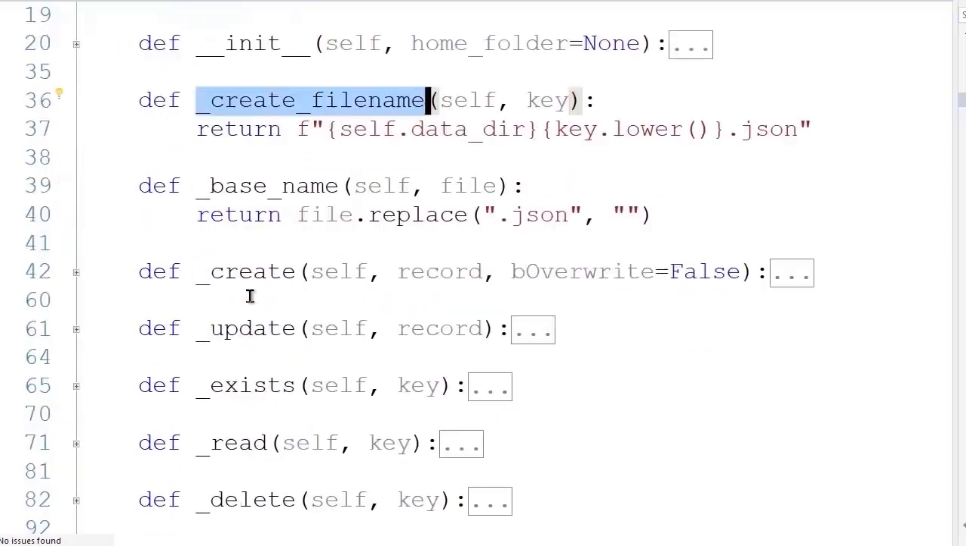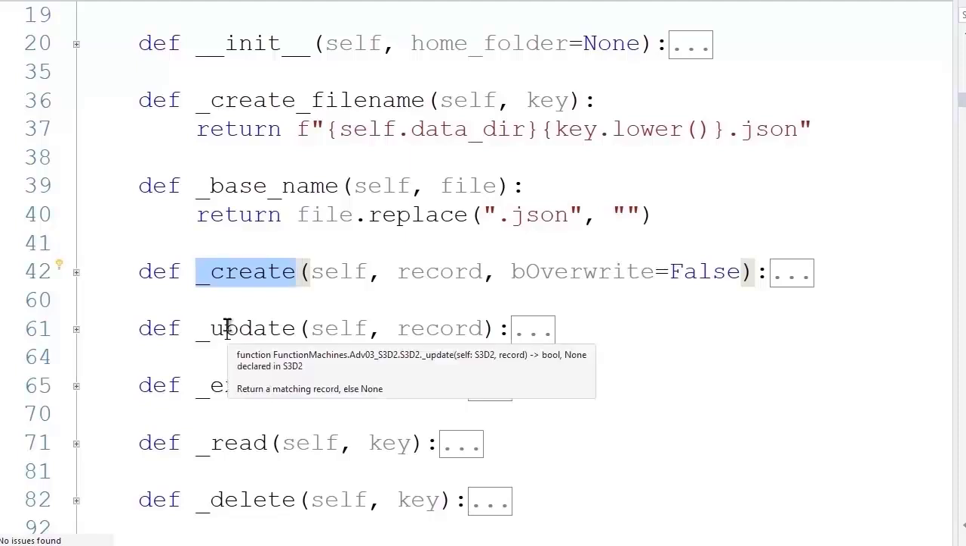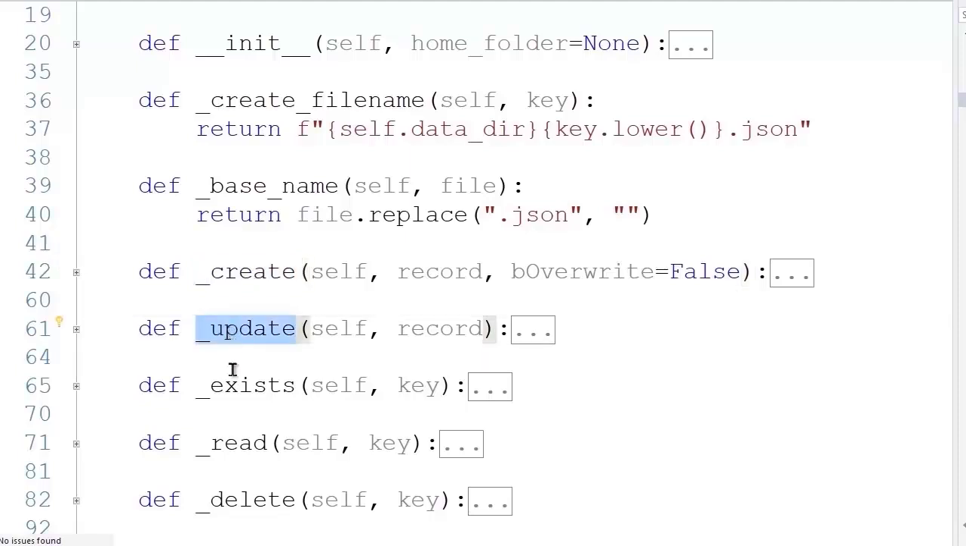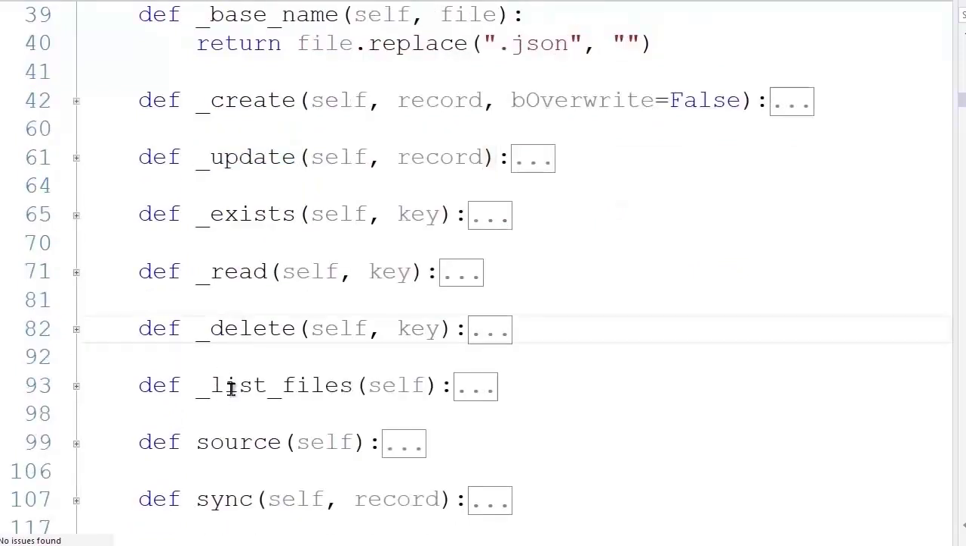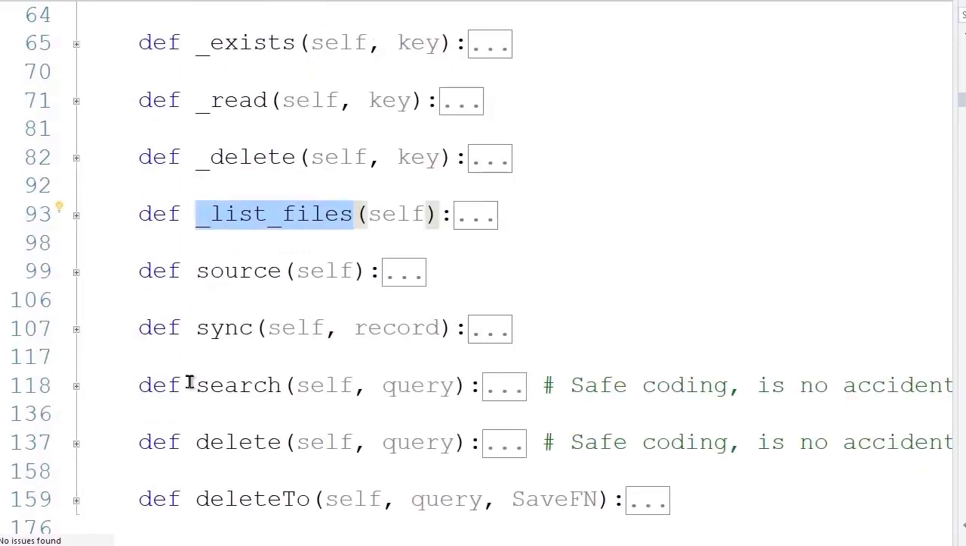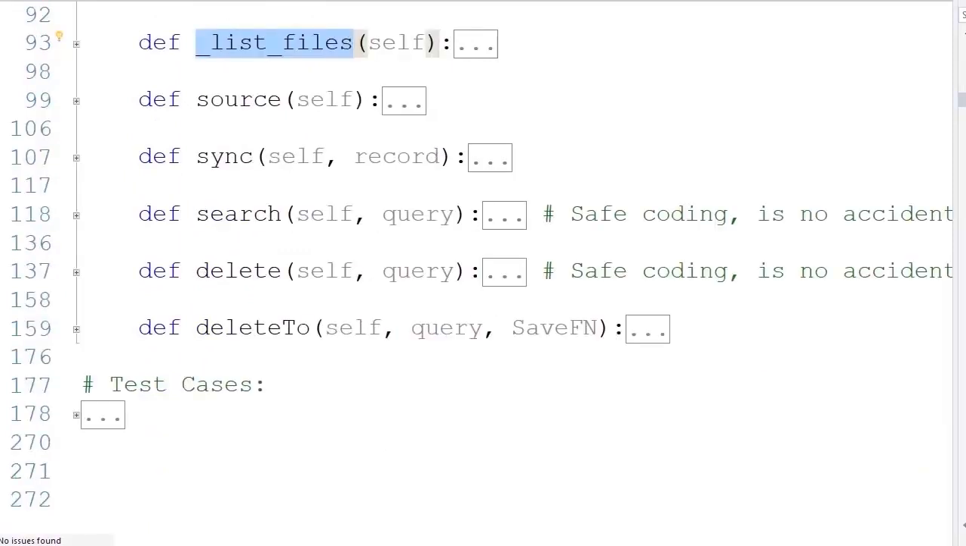Everything else is pretty much as you'd expect, complete with our create file name and base name. This time, while they could have been static methods, we kept them as dynamic just to keep the notation clear and easy to review. And we see we have our create, update, exist, base name, read, delete, etc. all supported in such a way that we can use our new design pattern to free us from the mundane